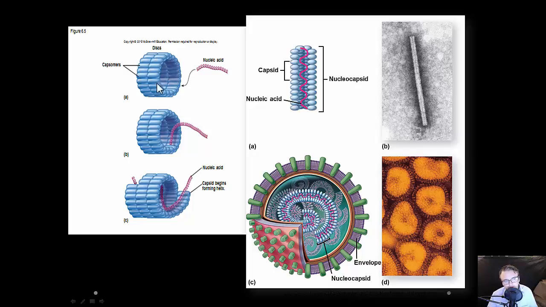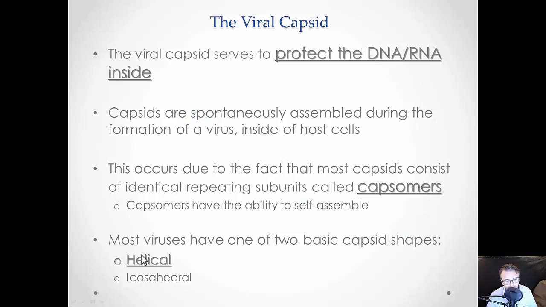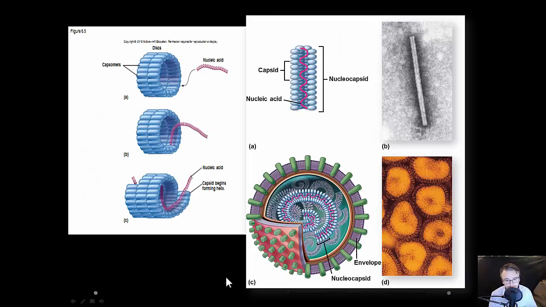Okay, these are going to be different with each type of virus, and especially with the type of shape it has. So if it's a helical virus, it'll have a certain type of capsomer. Icosahedral viruses will have another type of capsomer, and then they'll vary even within those. Okay, now the capsid